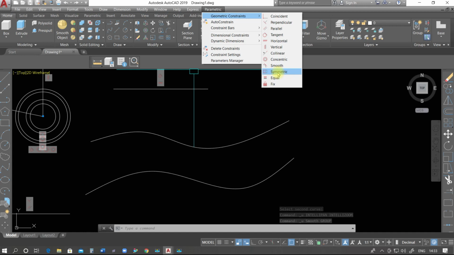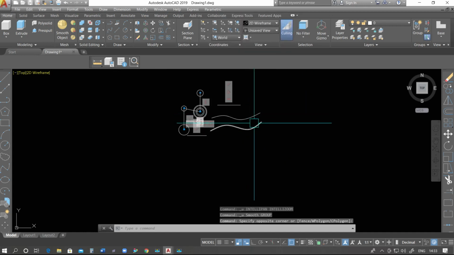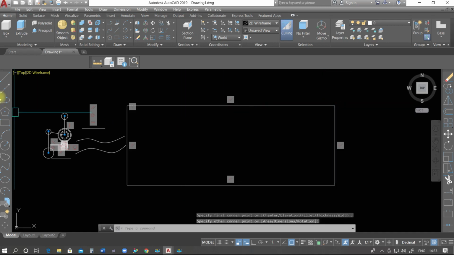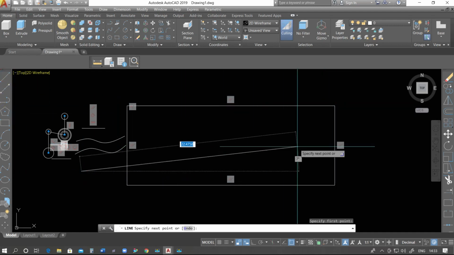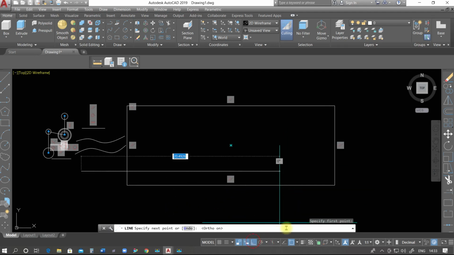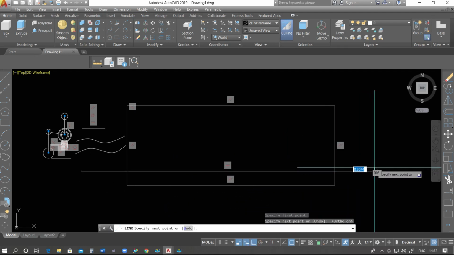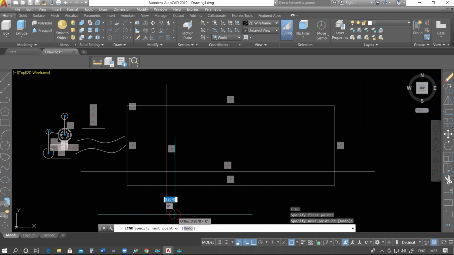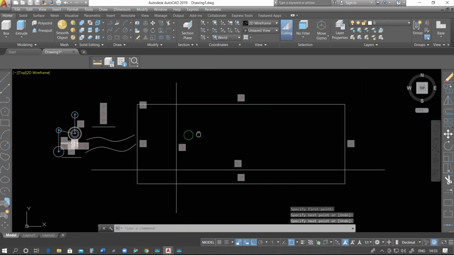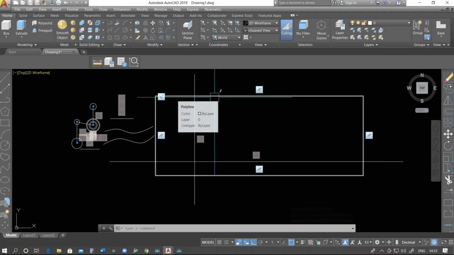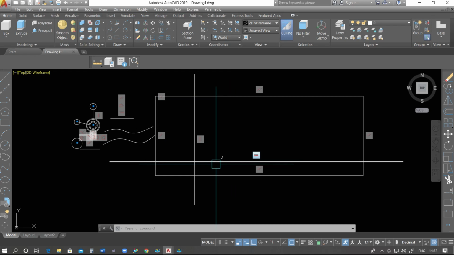Next option is symmetric. Suppose I have a rectangle and here is a line. Let's check this option ortho, so that we are able to draw a straight line in a proper manner. Now is this rectangle symmetric with these horizontal and vertical lines?